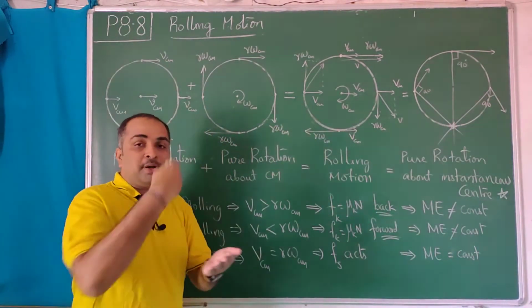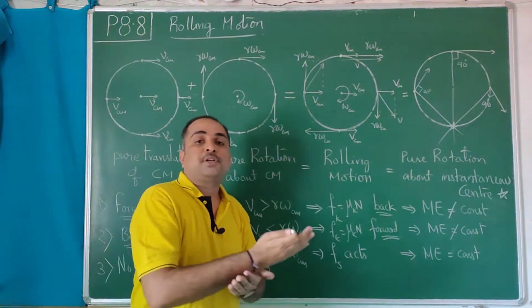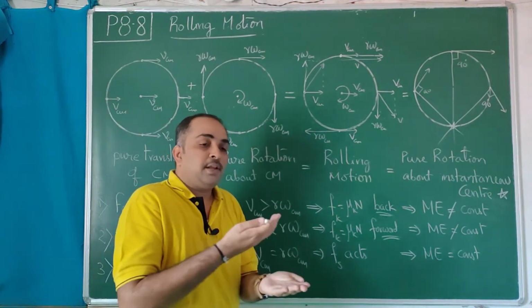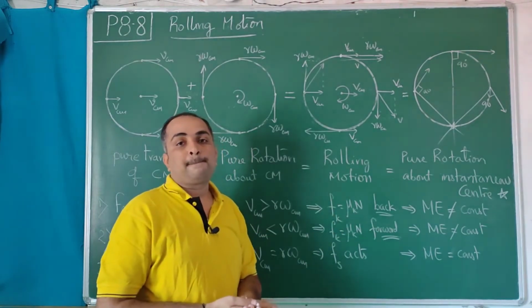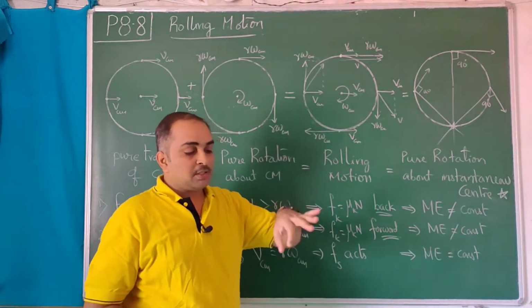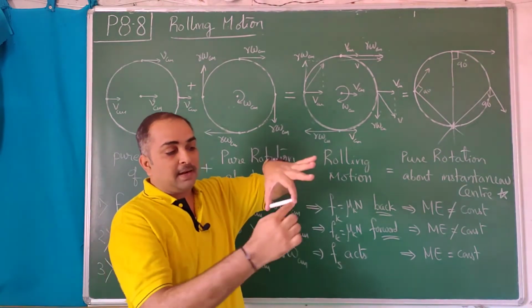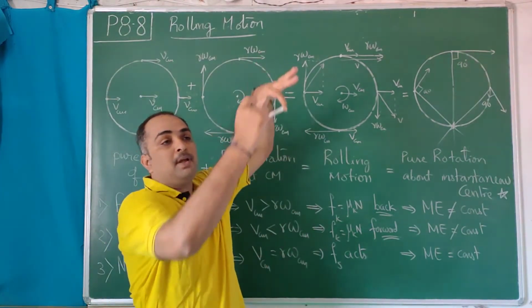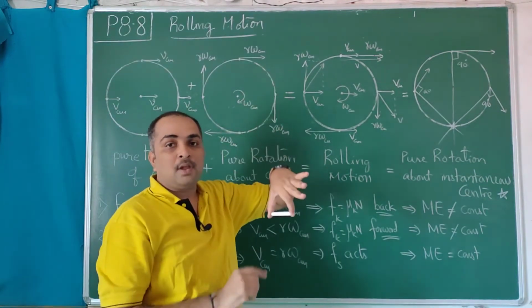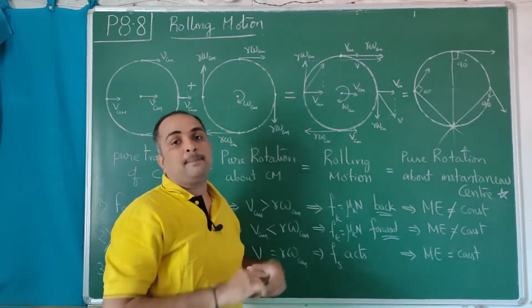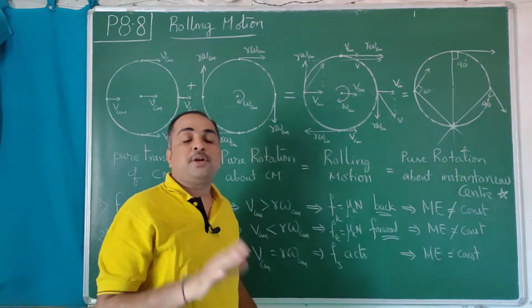That bottommost point every time comes to rest, so it doesn't rupture the surface. The surface only helps in supporting it, but it's not moving along with the wheel. Suppose you are standing on a ladder like this, and the ladder is pulled up. Then the normal force applied on your leg by the ladder has done work. But if you are only climbing the ladder, then every step is supporting you, it is not doing work.